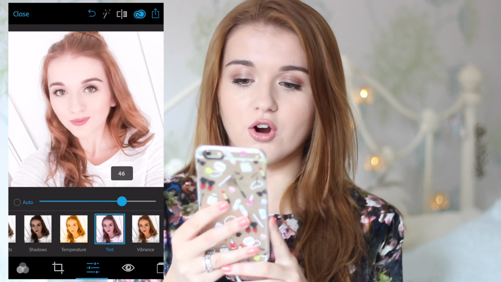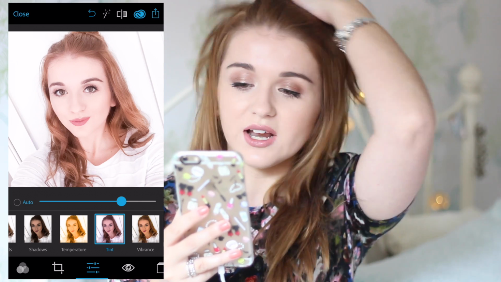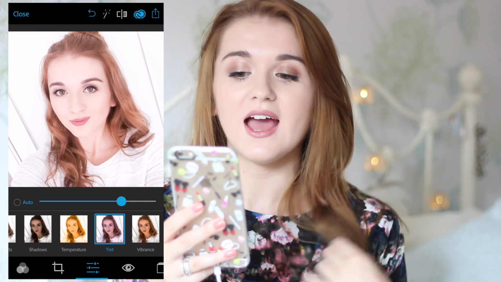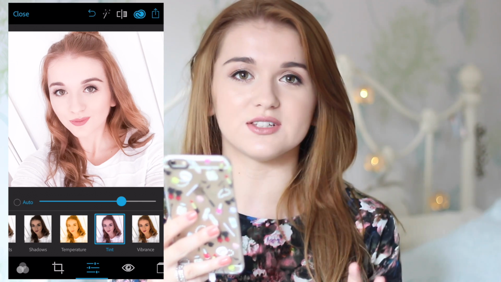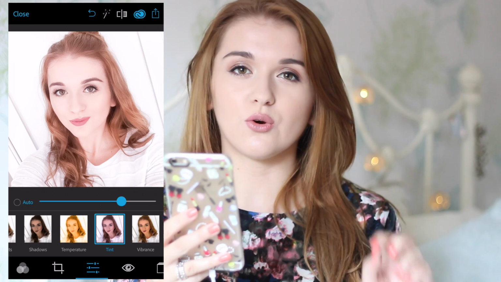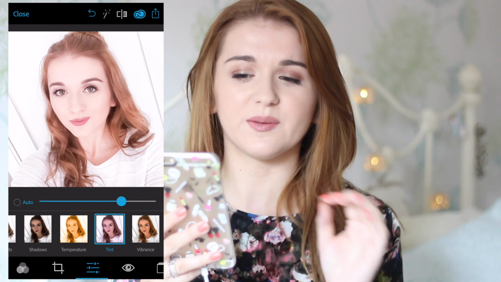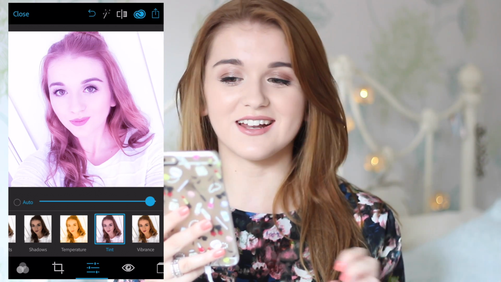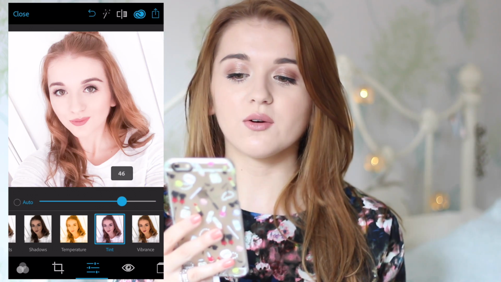So if you move it across, it basically gives the photo a really pretty pinky purpley tint, and this really goes with my theme on Instagram. So this is what I do to all of my photos to make them look similar. Obviously I don't go to this extent and give myself pink hair, but I always put a